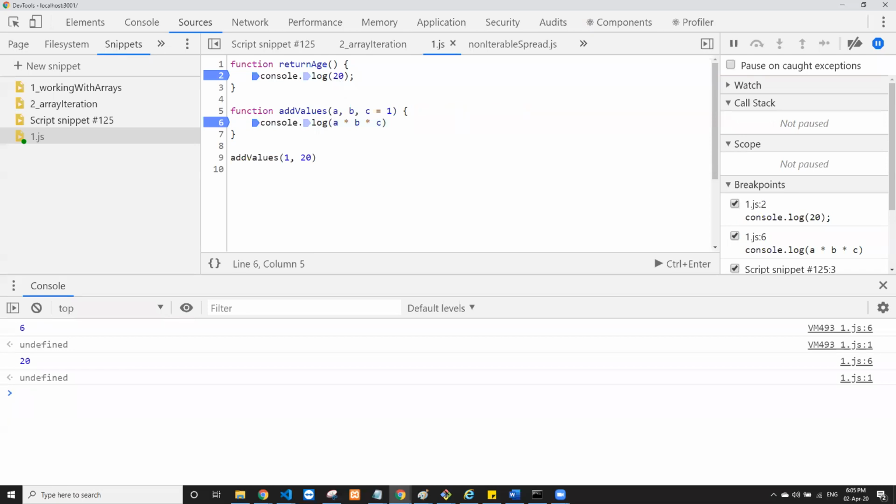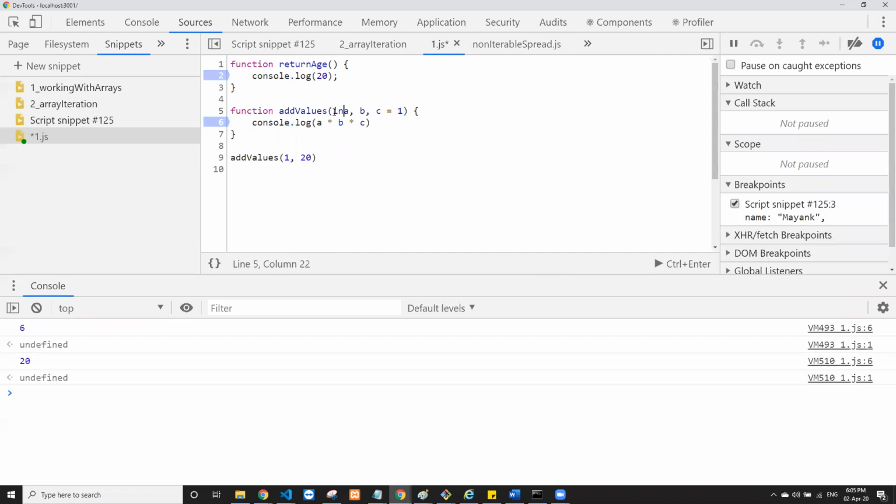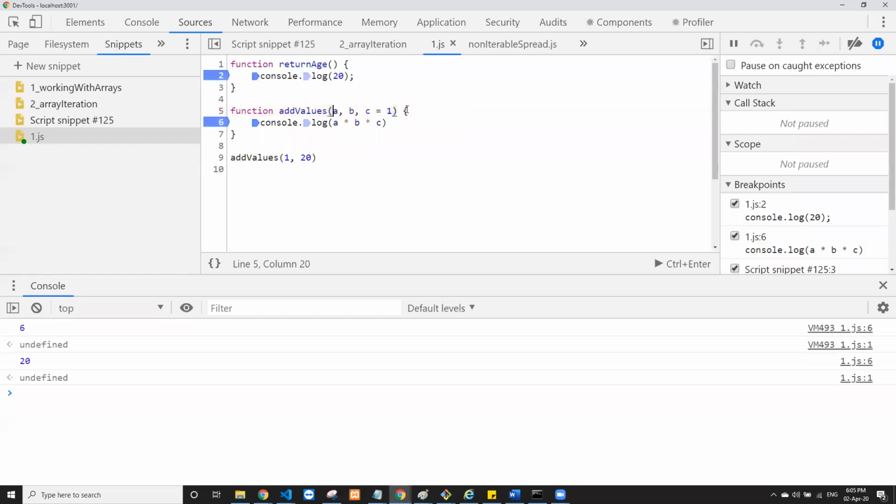So yeah, a few of you might be from a Java background or .NET background. If there are any people over here in Java, .NET, and other languages, you always have to define the type of variable. So you will always say that this variable A is of type integer. Integer means some numeric value. B would be of type integer, C would be of type integer. You have to define the type of each variable. But JavaScript is pretty much open-ended. It does not have a strict mode, so you need not define any type for these variables.